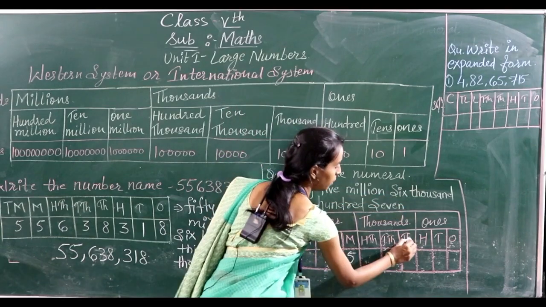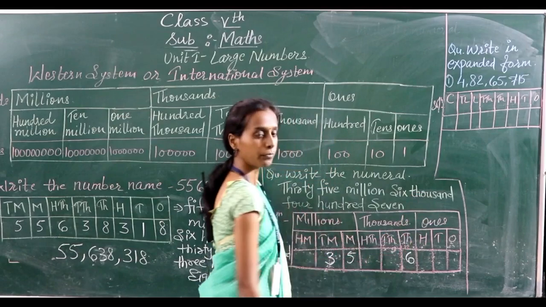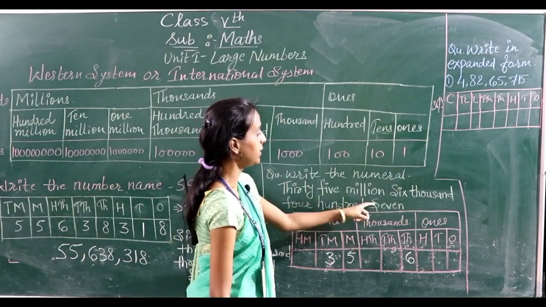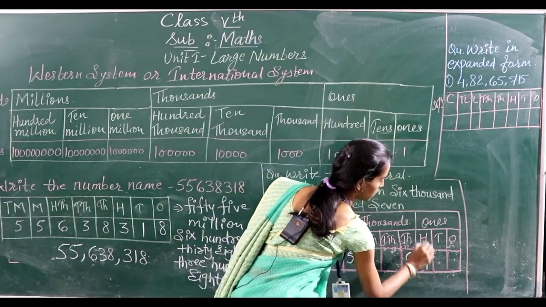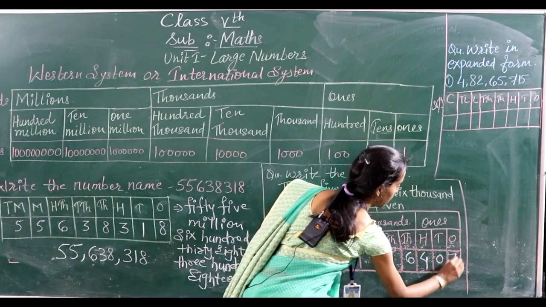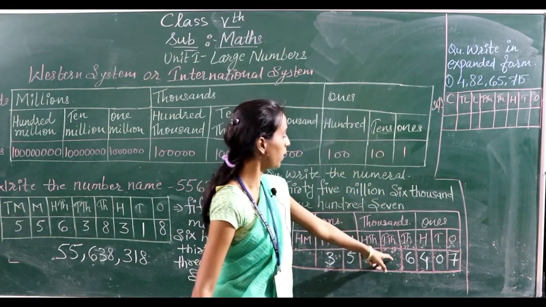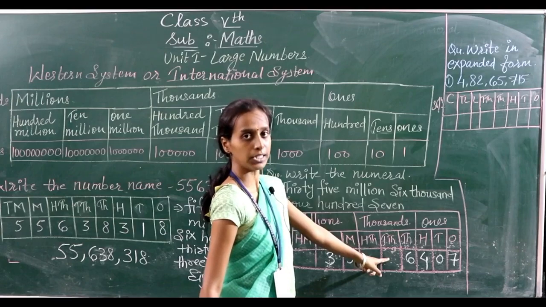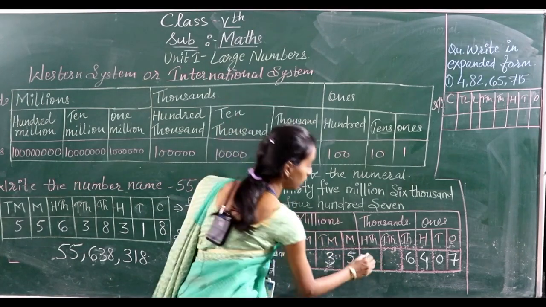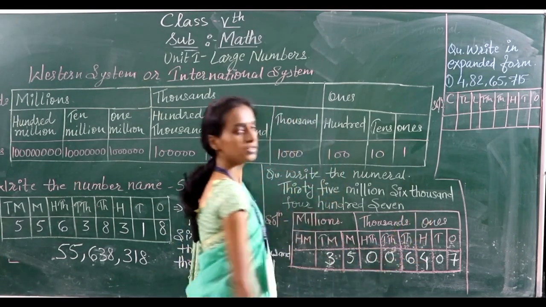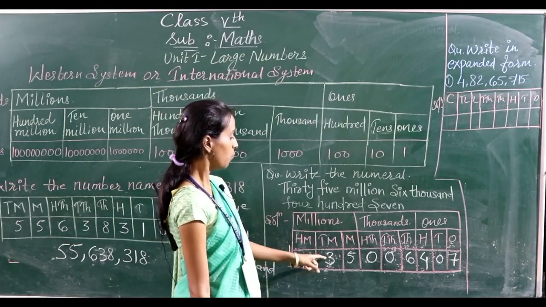Thousands column. So we will put it in thousands column. Okay, now 407. So it is very easy. 4 is in 100 column, 407. See here, there are 2 vacant or 2 blank places. So what we will put there? We will put there 0.